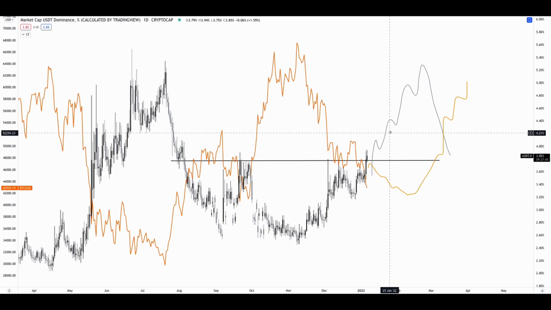And what I would expect for Tether dominance right now is, I'm not sure if it's going to rise dramatically to the 5% range, but I wouldn't be surprised even if it did, especially considering how Bitcoin could drop down to high 30K regions for now, temporarily. Eventually, we would see Tether dominance drop and Bitcoin rise again if we were to see a rally. But this is what I have my eyes on right now for Tether dominance.